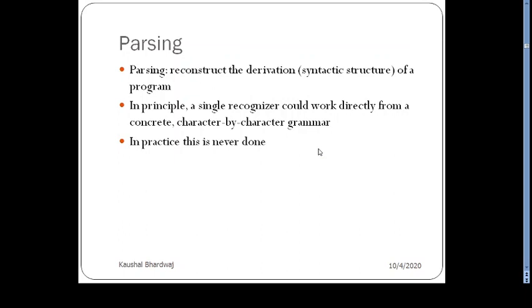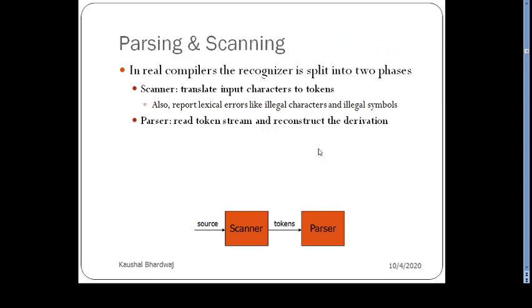So what will happen is, let us assume we have one single recognizer, one simple program which can work directly from the start and character by character. It reads the grammar and tries to understand. Yeah, it may be possible, but in practice what we do is we divide all the work into simpler portions. We start with scanning and then we do parsing, right?